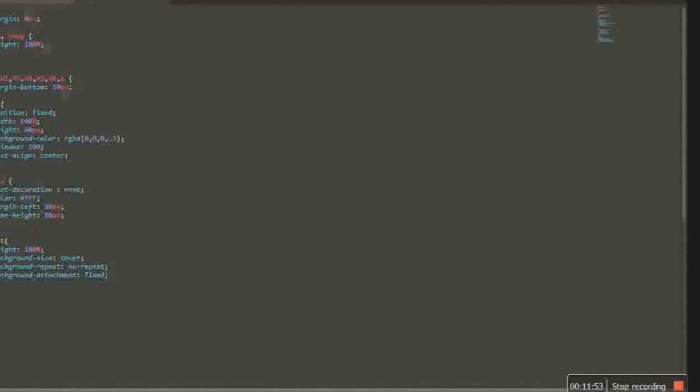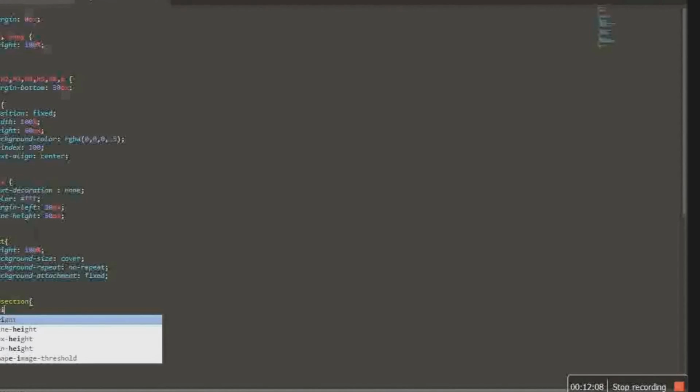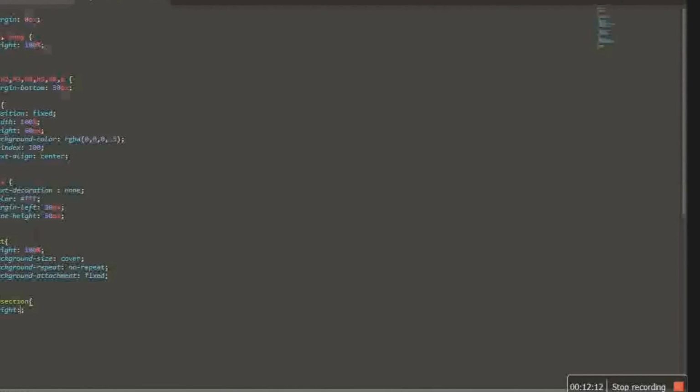Then let's use dot subsection. Let's put height. You can put anything you want here. Let's use 50%. You can try this out.